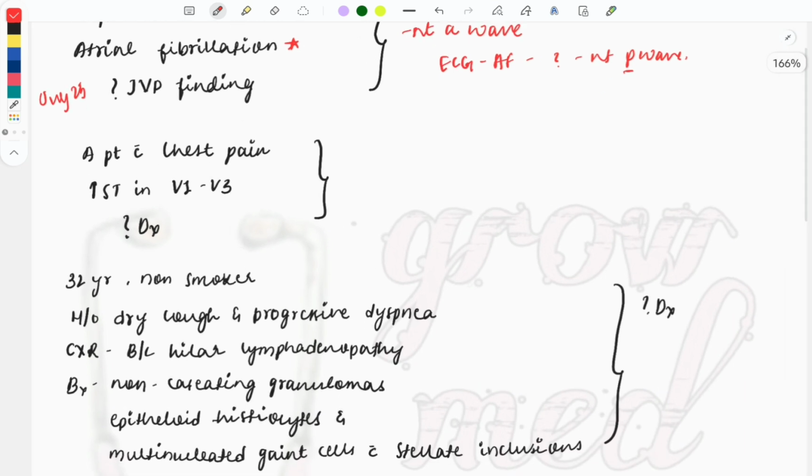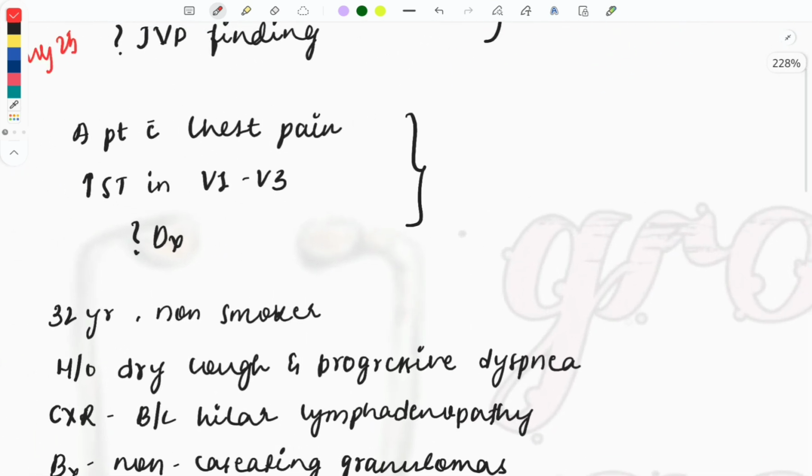Then moving on to the next question. A patient with chest pain presents to the casualty, and you perform an ECG and you see these changes: ST elevation in V1 and V3. What is the diagnosis? So definitely it is a kind of MI. Okay, so what kind of MI? It is the anterior wall MI. This exact thing was given in the options, anterior wall MI, because leads V1 and V3